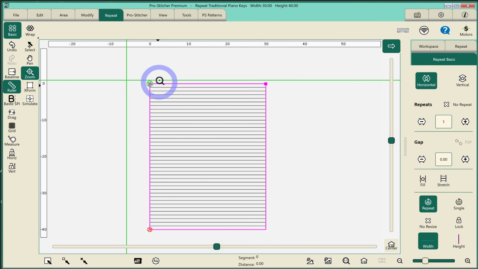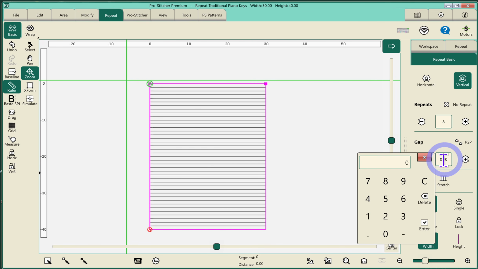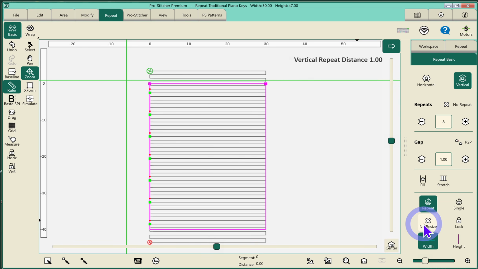And you can see I don't have any start and stop points. Well, we're going to fix that. What's actually happening is they're connected, and we have the fifth line being stitched on top of by the next design element. We don't want that. So I'm going to go to vertical, and I'm going to create a gap between my design elements. I'm going to make my gap 1 inch because that's how far apart the lines are. So if I increase my vertical gap by 1 inch,